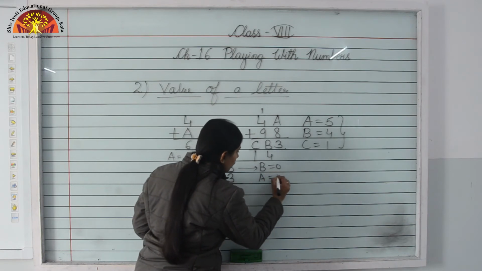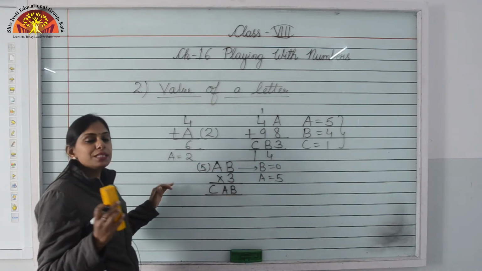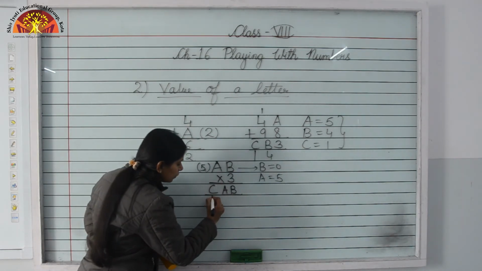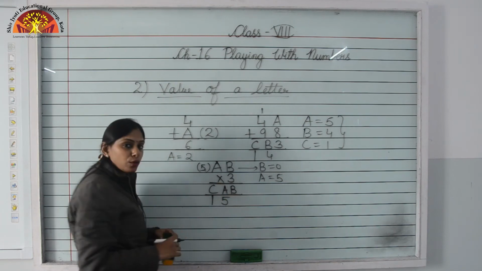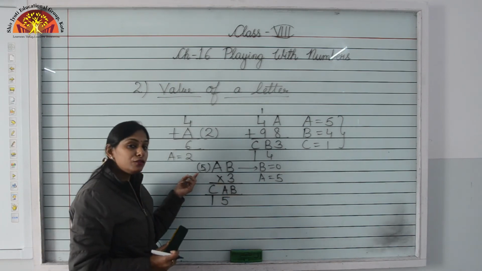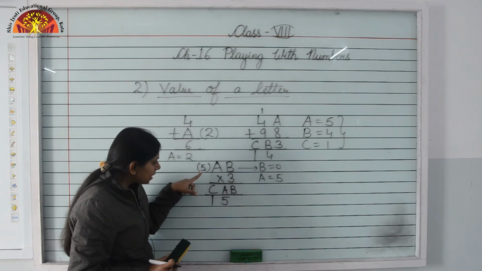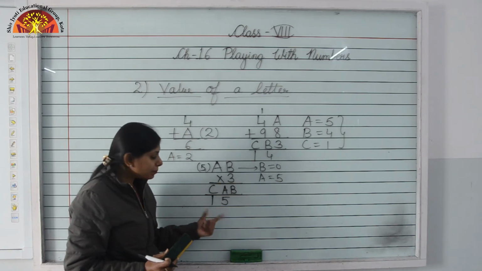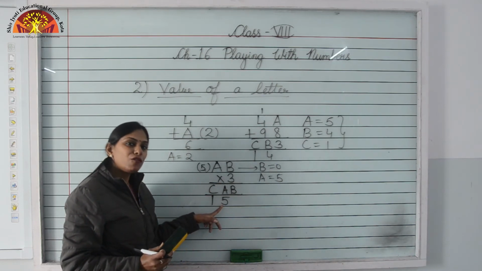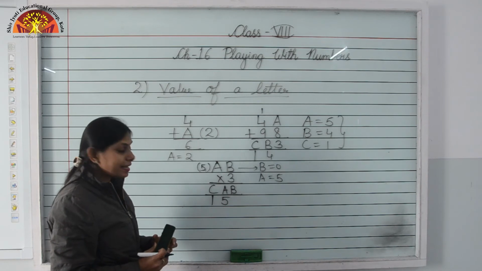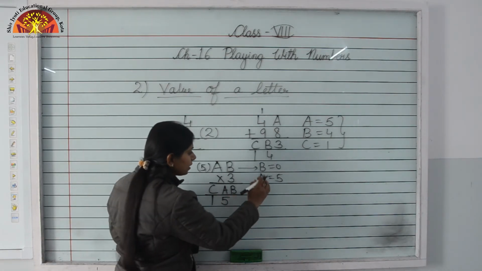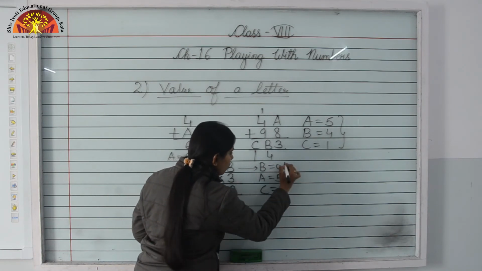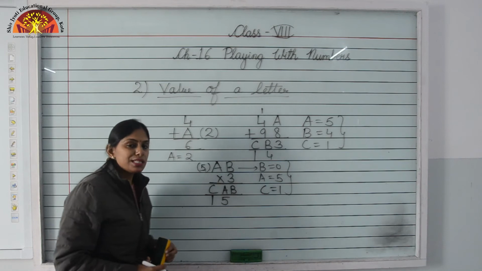Now suppose if I am just assuming a as 5, यदि मैं यहाँ पर a की वैल्यू 5 अज्यूम करती हूँ, is it clear? If I am just taking the value of a as 5, सो 3 5 15 हो जाएगा, okay। Are you getting, students? 3 5 15 हो जाएगा। So you can see यहाँ पर भी a की वैल्यू 5 थी and after multiplication again you are getting a 2 digit number, और यहाँ पर भी a की वैल्यू 5 है। That means your answer is correct. So that means you have to take a is equals to 5, b is equals to 0 and c is equals to 1. Is it clear? So this is your answer.